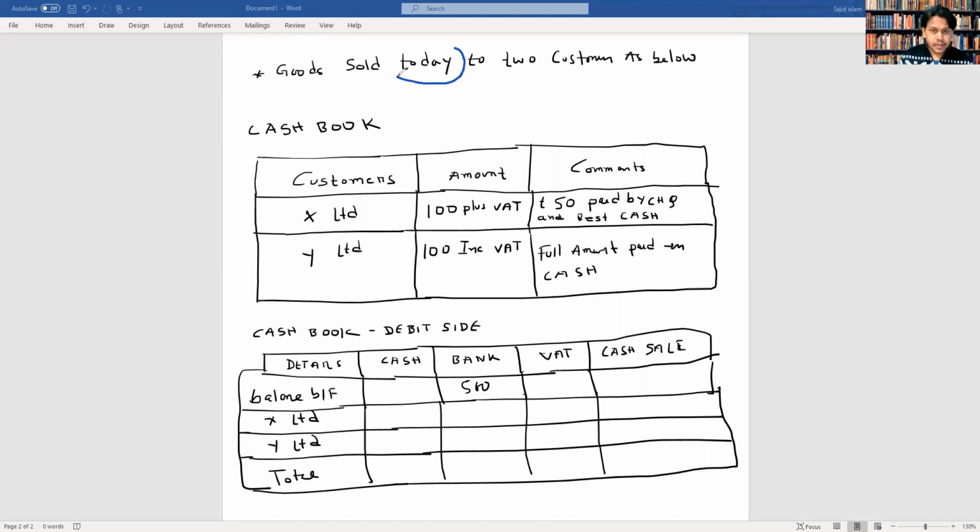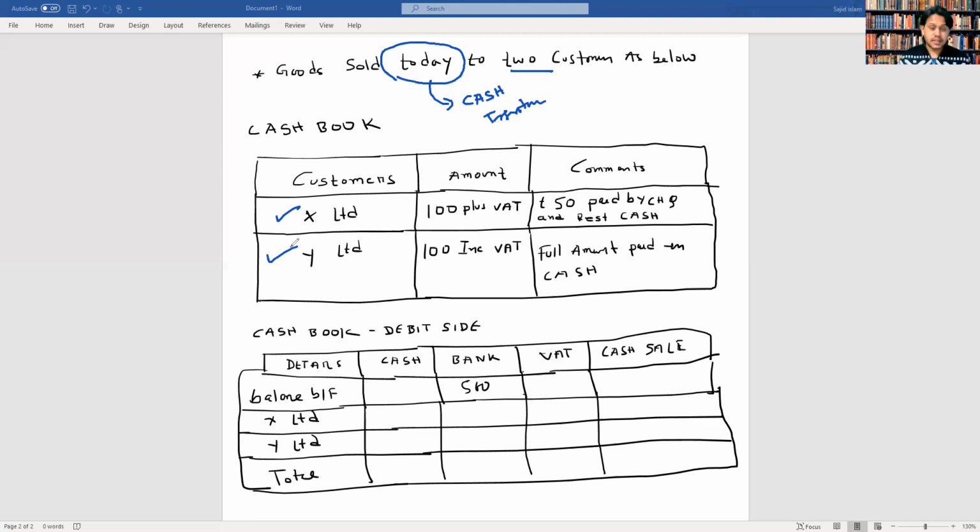Some of the information is very important on the cash book. If the question mentions today, that means this is a cash transaction. That means we never paid VAT before for this transaction. And this is a cash transaction, so we have to split the VAT. That means we received these two transactions from customer X and Y, and the VAT has